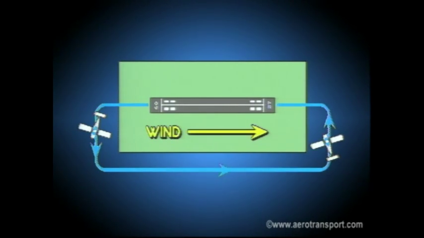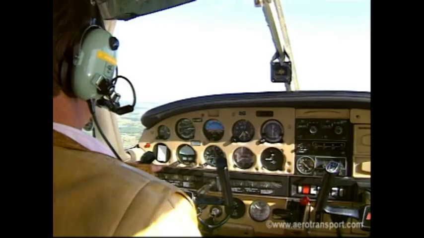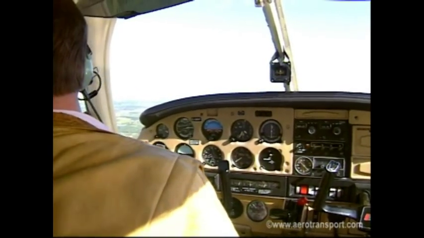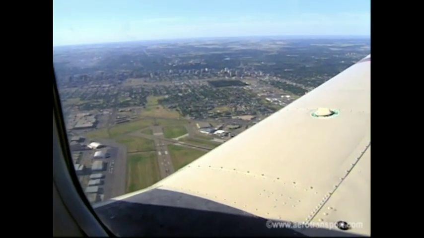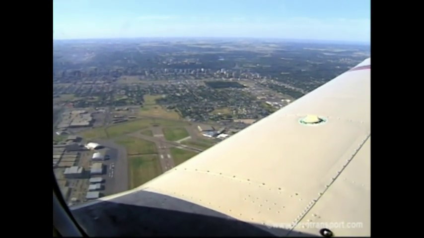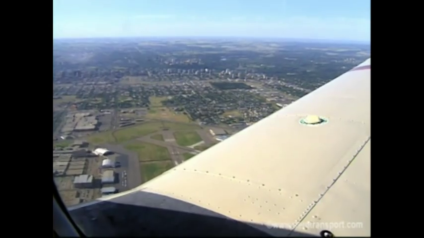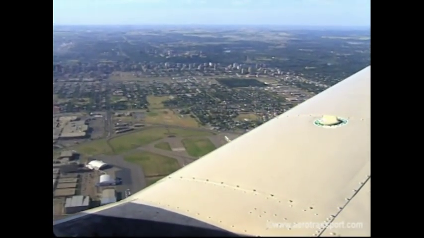The heading you will steer on the crosswind and base legs will be determined by the strength of the wind. When flying the circuit, keep a good lookout on both sides as well as above and below. At controlled airports, it's customary to omit the word leg when referring to circuit components. A typical radio transmission would be,